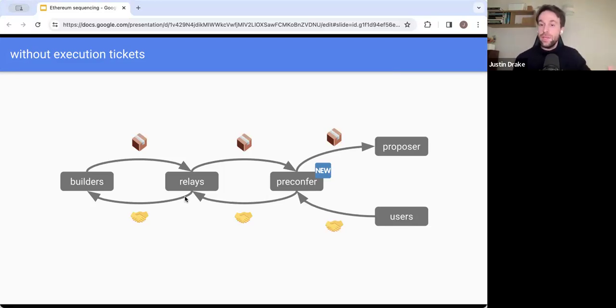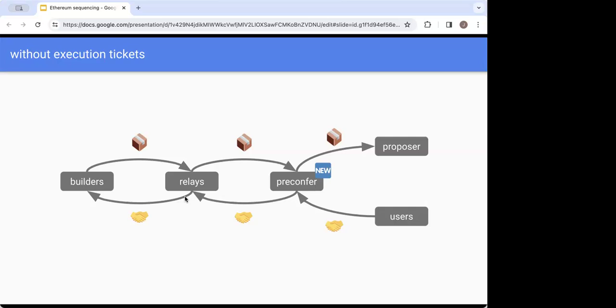But if it's a trade, for example, on a DEX, and it's one that goes against the market, that increases the arbitrage opportunity at the end of the slot, then it's actually rational for the pre-confirmer to pay the user a negative tip so that they can collect more arbitrage at the end of the slot, and vice versa. If someone's arbitraging and closing the expected arbitrage at the end of the slot, they have to pay for the privilege of having their arbitrage transaction pre-confirmed.